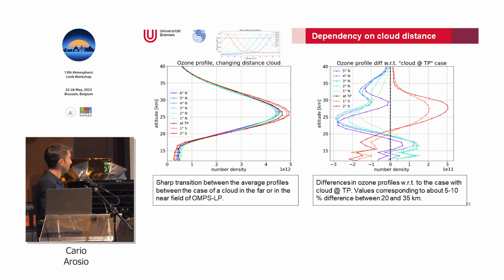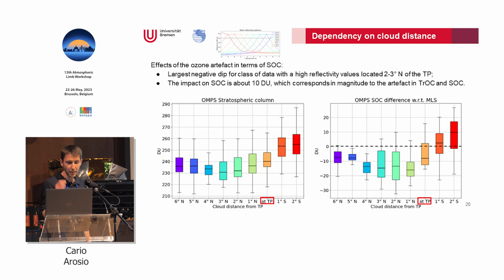And so we see this sharp transition with a negative difference with respect to the reference case when the cloud or the high reflectivity scene is in the near field of OMS, going to positive values when it's in the far field of OMS. And this is also very clearly seen in terms of stratospheric ozone columns, when we average again for each class